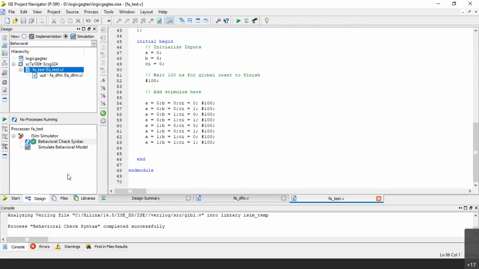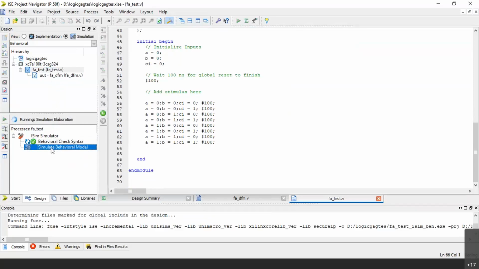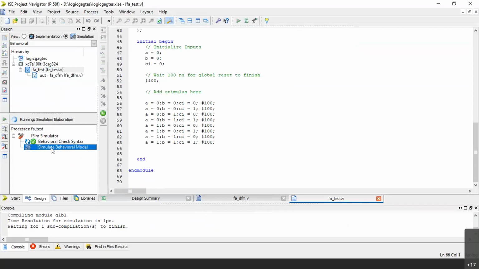Now, as I have told you in the last class, we cannot simulate the design module because it does not contain the values for inputs. We should always simulate the test bench only. So let me click on simulate behavioral model. Double click on simulate behavioral model, and we are simulating the test bench only. It is also called the top module.